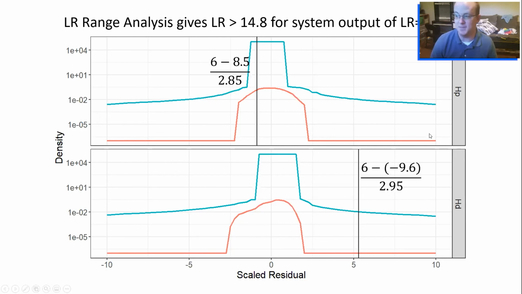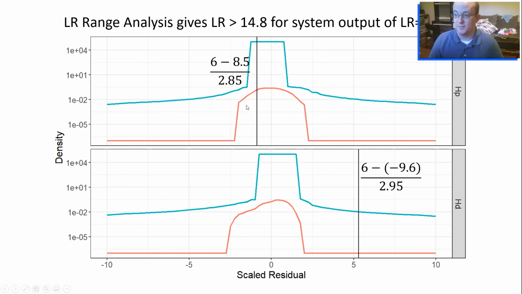And since the means and scaling factors differ under the HP scenario, the behavior of the system for HP true cases differs from that for HD true cases. We have to construct the scaled residual separately for each of those two scenarios, but we can find our corresponding position in each of those spaces, and now can consider the range of the likelihood ratio for our data.